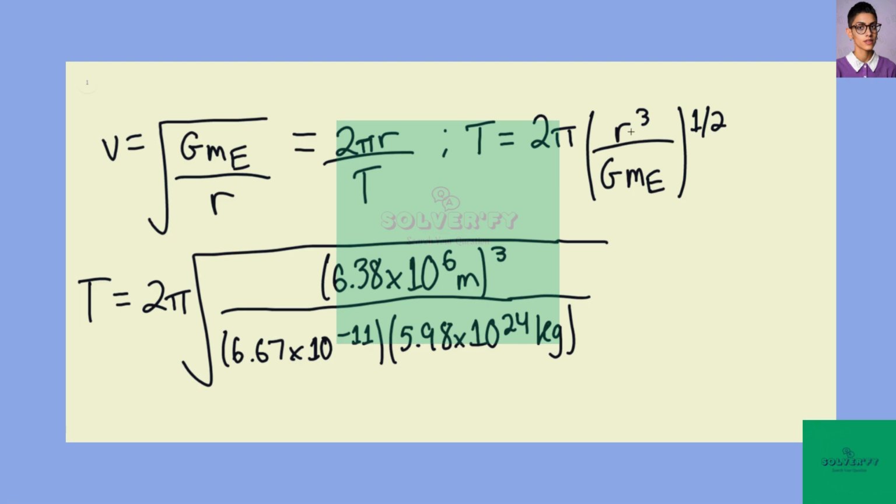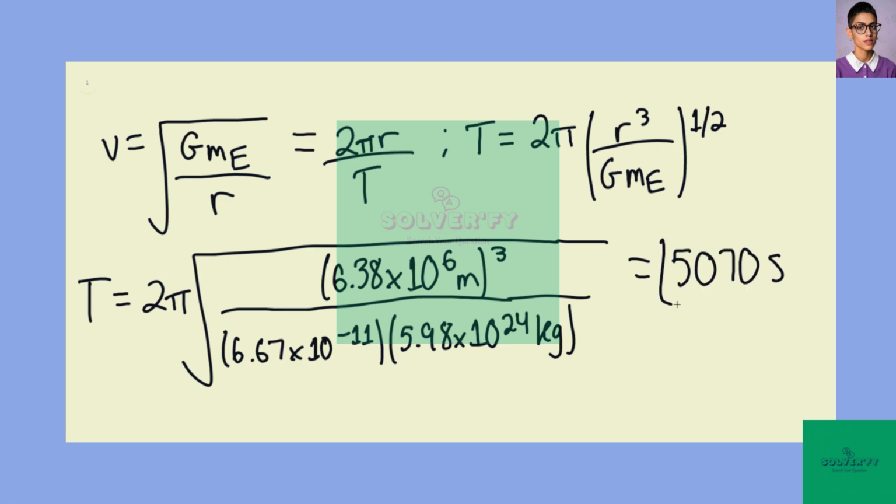So we're using the radius of the Earth because we're trying to evaluate this for a near Earth orbit, which means that the distance from the satellite to the surface of the Earth is negligible compared to the distance from the surface of the Earth to the center of the Earth. And so we can say that after plugging this in, we find that the period of a near Earth orbit is going to be